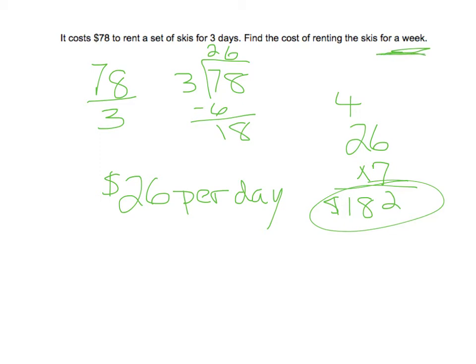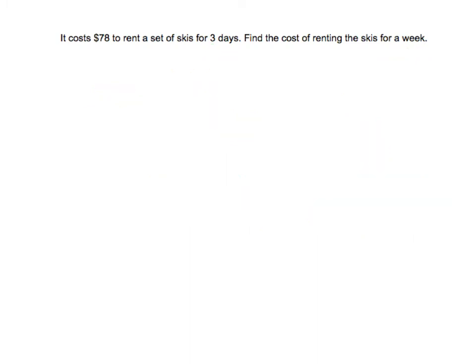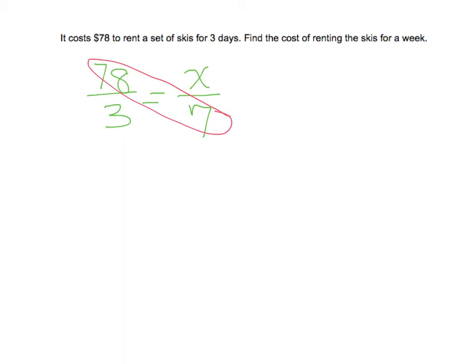Option number 2 is going to be to set up a cross-multiplying problem. So let me clear this out. And to do that, we would say $78 for 3 days is equal to some amount of money for 7 days. From here, we will cross-multiply. 3 times x is just 3x. 78 times 7 would be,